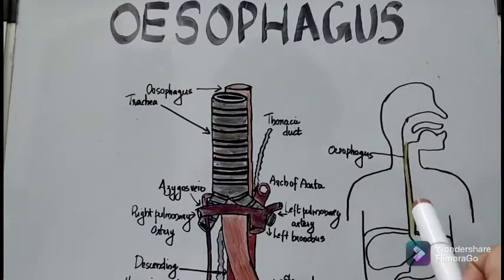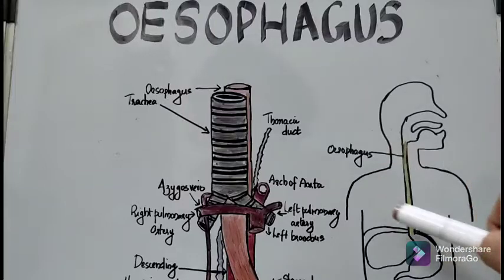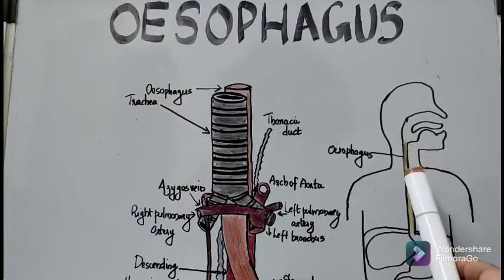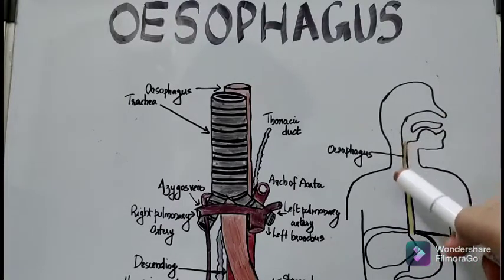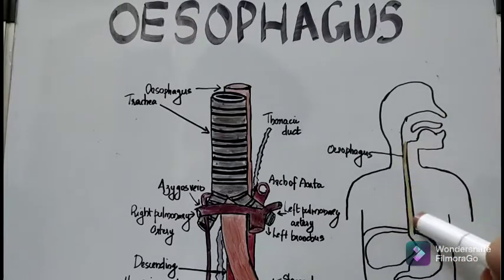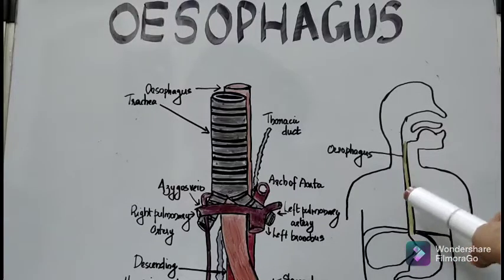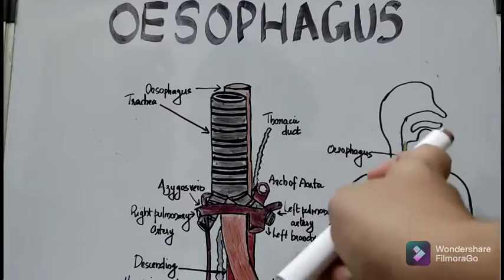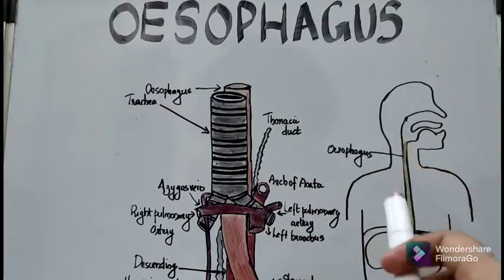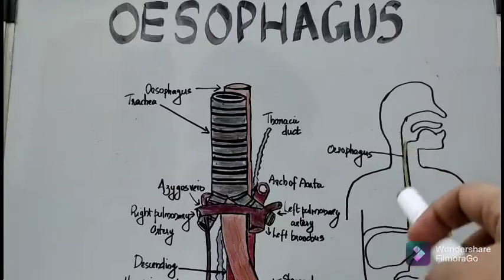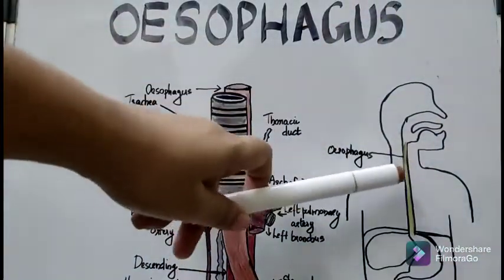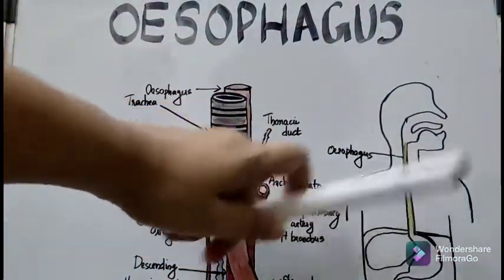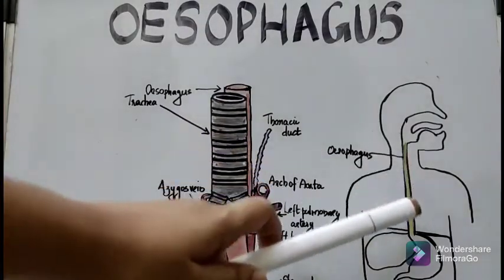It passes through the superior mediastinum as well as the posterior mediastinum. The mediastinal space is the space between the lungs, and it is divided into the superior and inferior mediastinum. The inferior mediastinum is again divided into anterior, middle and posterior mediastinum. The middle mediastinum is the space in which the heart is located, and posterior to it is the posterior mediastinum. So it descends first through the superior mediastinum and then through the posterior mediastinum,